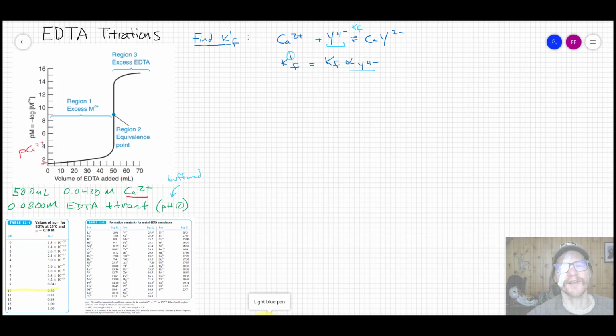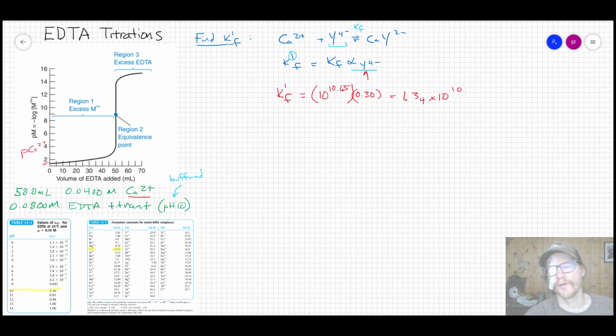So we can insert a value here for 0.30, and then we can also look up the standard formation constant of calcium. We can jump down and find calcium on this list, and it's right there, and that's 10.65. These are log KF values, so this would be 10 to the 10.65 for the real KF value. If we compute that, that would give us our conditional formation constant that's been adjusted for the fraction of Y4-. That gives a value of 1.3 times 10 to the 10,